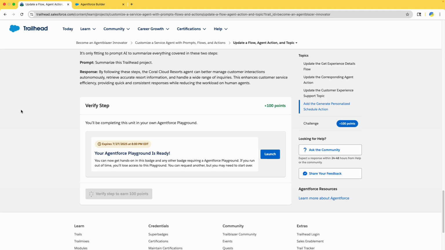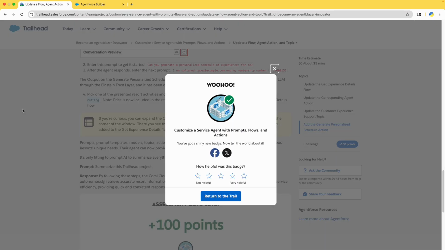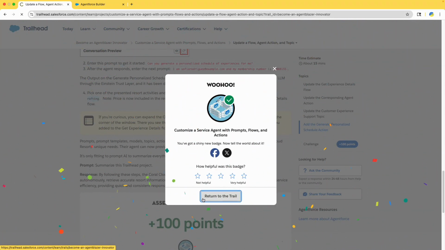Please read each instruction carefully and understand the requirement. It is not so hard, but all that you need to understand is how AI works in the background and other stuff. All right, so it is taking some more time to verify it. Yep, my module has been done. So I'm going to return to the trail,